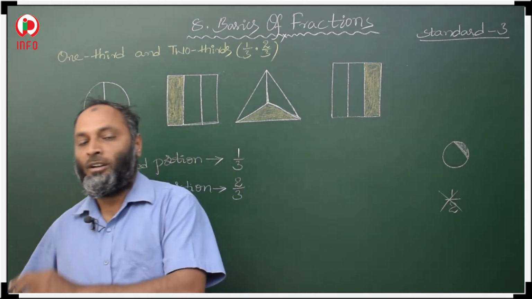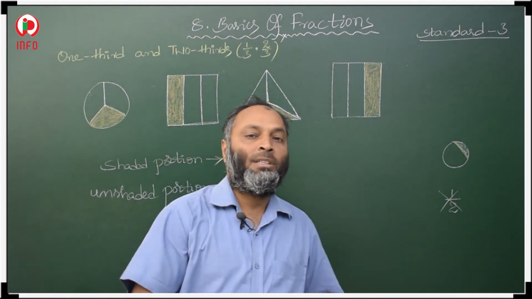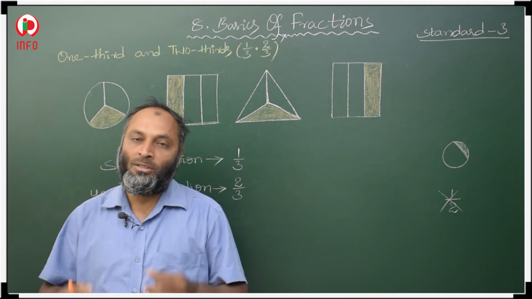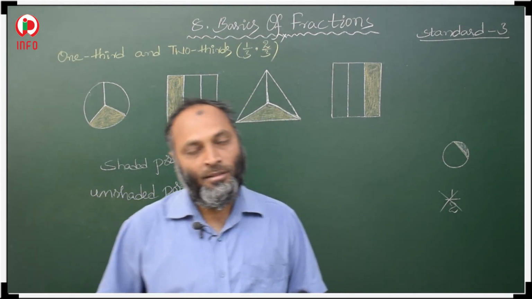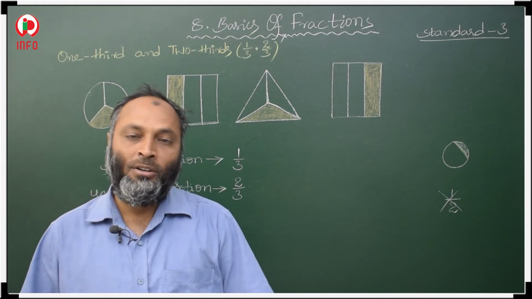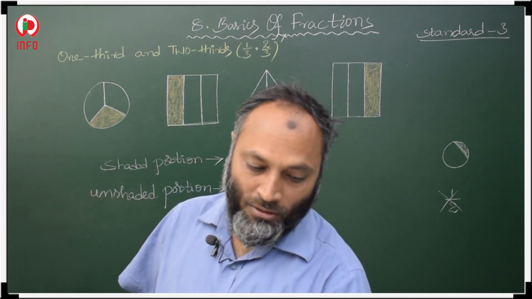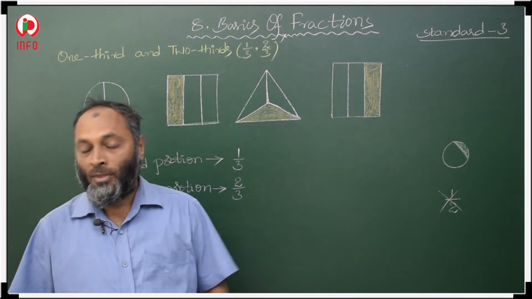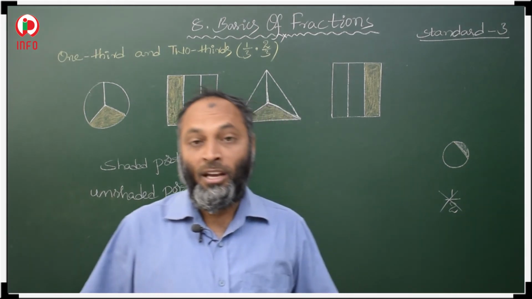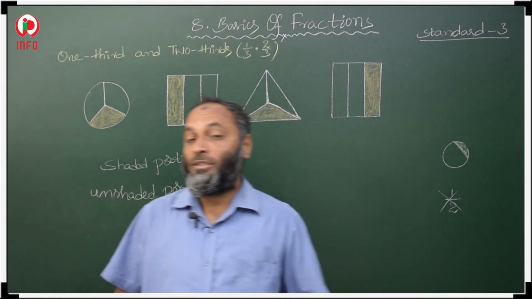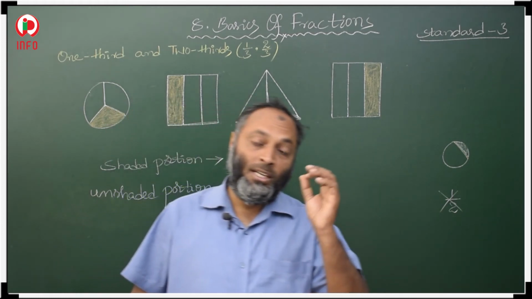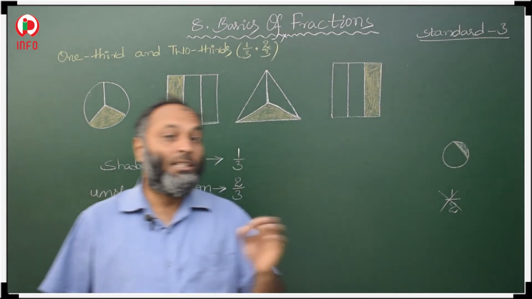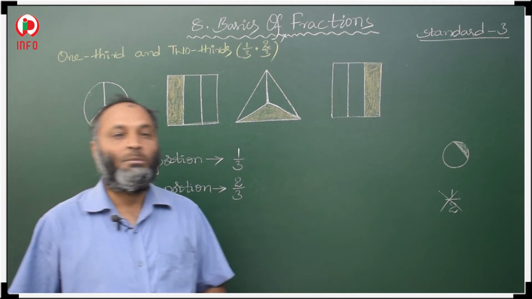This is nothing but how to write 1/3 and 2/3 in fraction form. 1/3 means 1 by 3, 2/3 means 2 by 3, half means 1 by 2. So, we discussed half, 2/3, 1/3. What is 1/2? 1/2 means 1 by 2. Whenever it is half, we have to divide exactly into 2 equal halves, that is 1/2. What do we call it? 1/2, that is 1 by 2. So 1/3 means 1 by 3, 2/3 means 2 by 3.